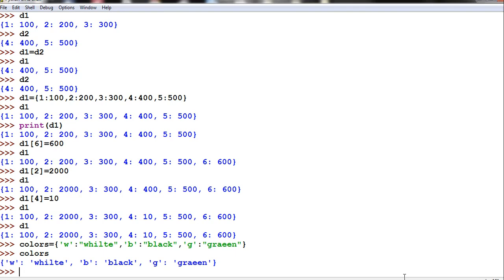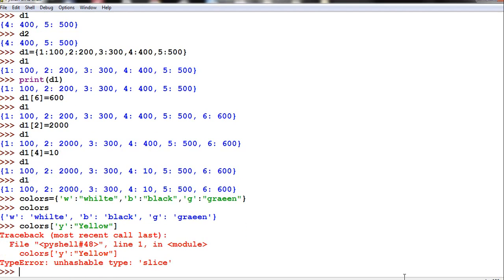Now what I will do, I want to add now Y, meaning I want to give it as yellow, right? What is the mistake I have done here?